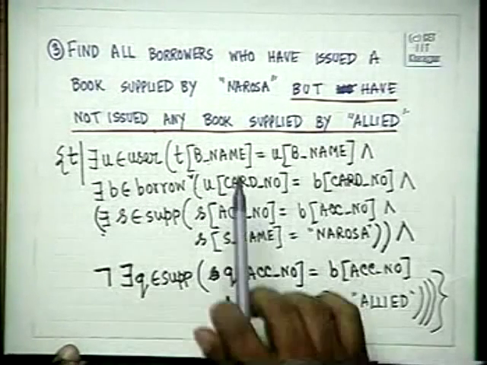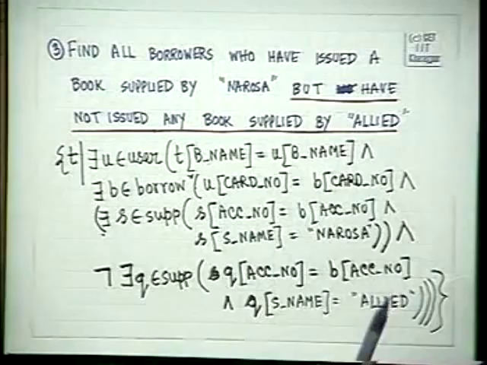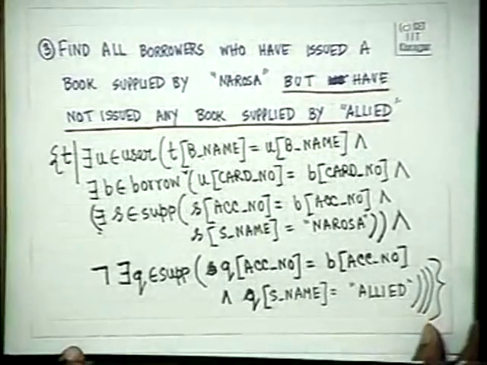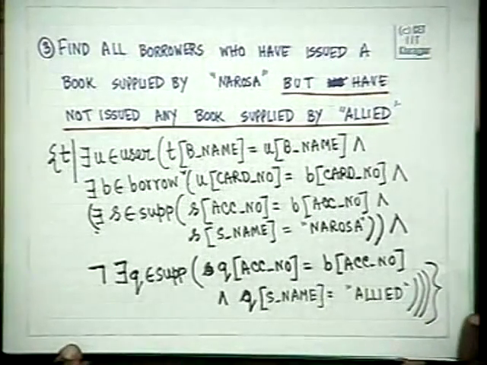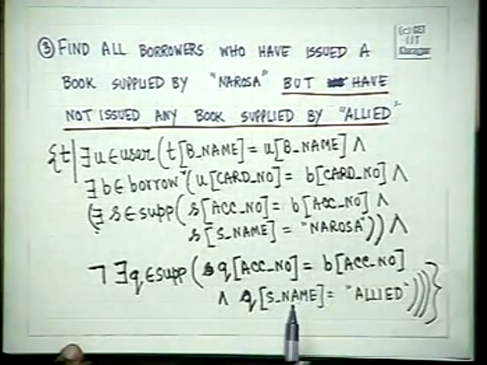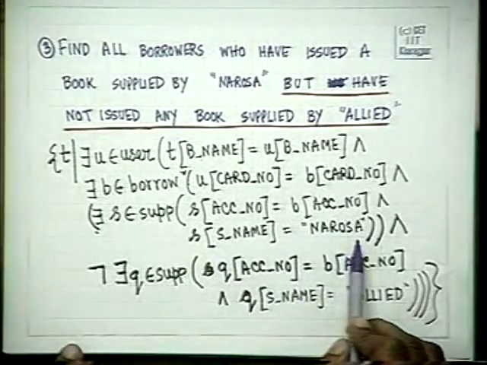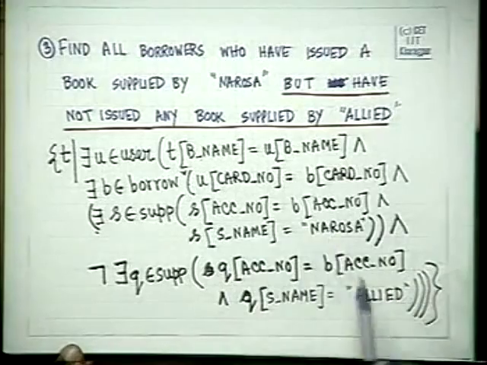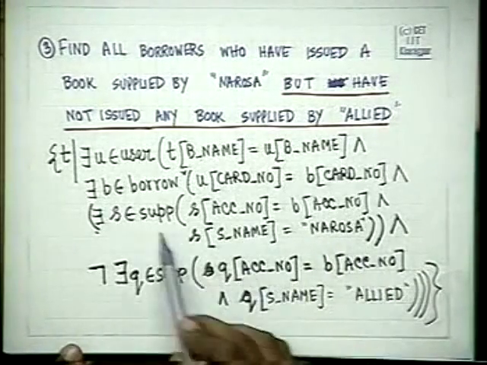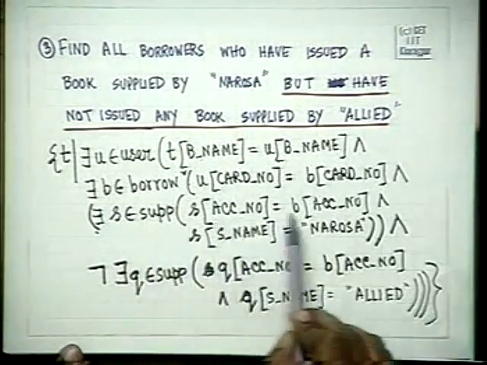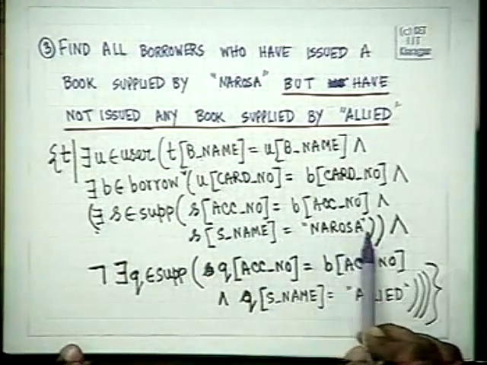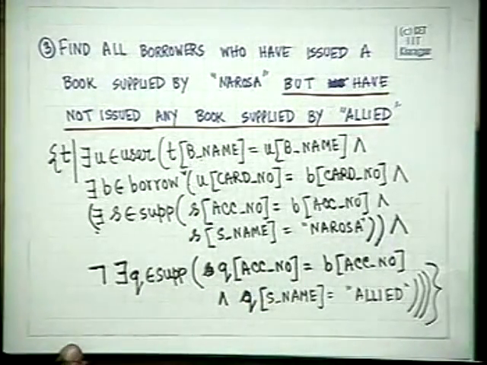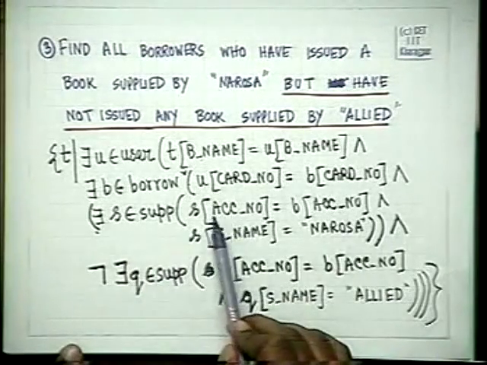You could have written it in other ways, but this is one way to write this query of something which does not exist. If you write supplier's name is equal to Narosa and supplier's name is not equal to Allied, in this particular case it will work because a supplier's name cannot be both of them. But if you say there exists a supplier such that supplier name equal to Narosa and supplier name not equal to Allied, then there may be for this accession number another tuple in SUPP such that this accession number